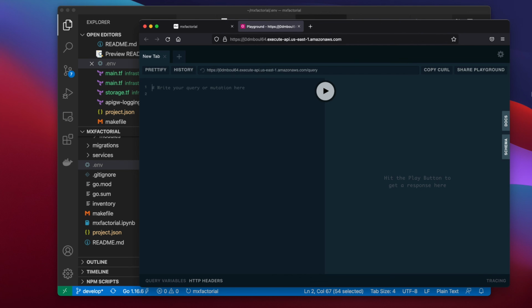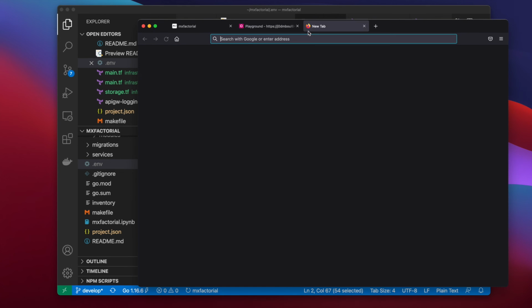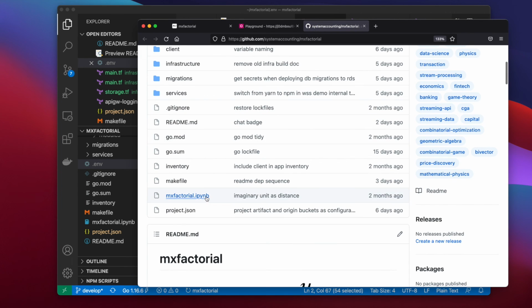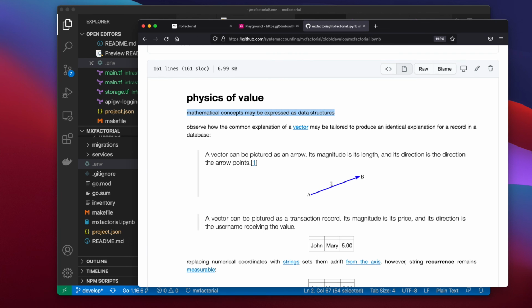In the next video, we'll set up our Postgres database locally and tour the schema so viewers understand the data model. We'll skip the physics. That content is just the voice of information science shouting orders in a barracks full of idle physicists to march on economics before it's too late. If they want to occupy themselves with their chicken scratch instead, mathematical concepts may be expressed as data structures is enough to move without them. We won't be stopping to first earn a language certificate from William Clifford or Rob Pike.